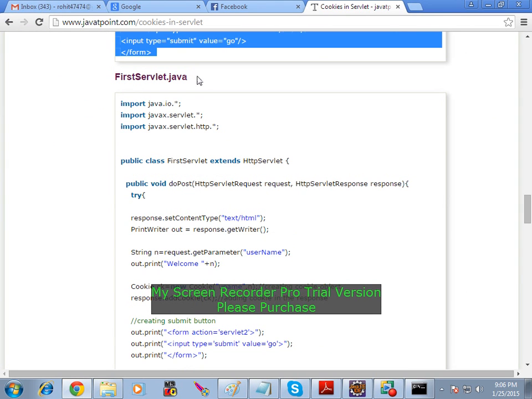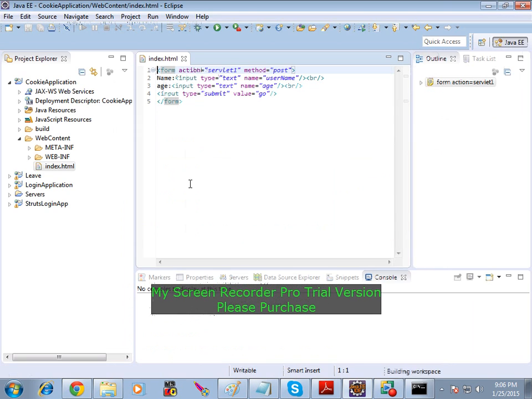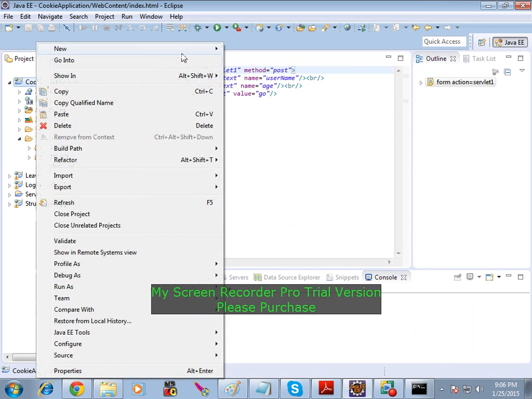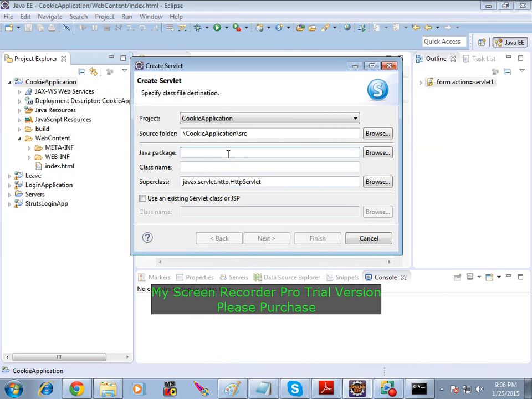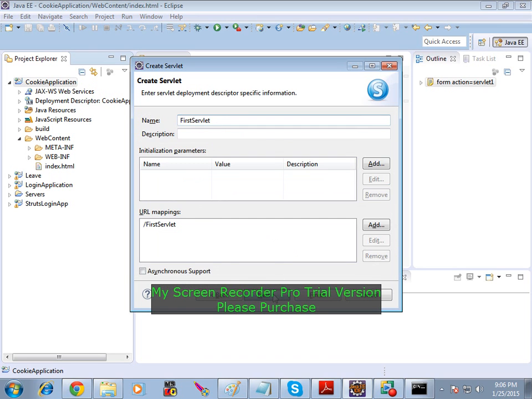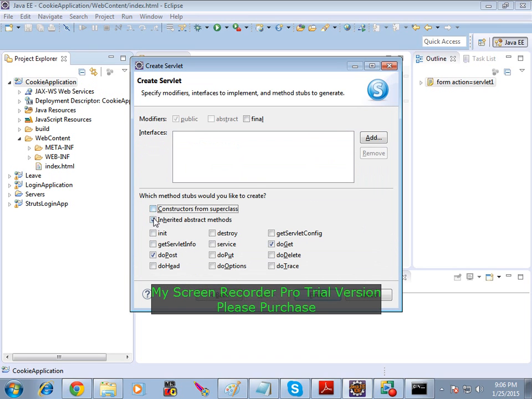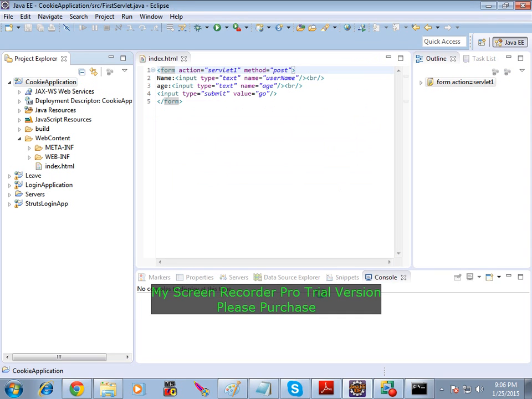First servlet, right? So in this first servlet, what you are doing? First you create a servlet here. New, you have to create servlet. So there is no package here. So directly you can say first servlet, right? So next here try to remove all those things. Just say finish.